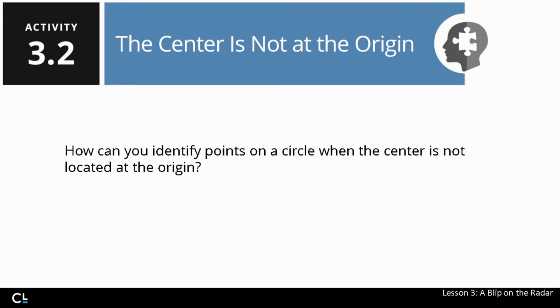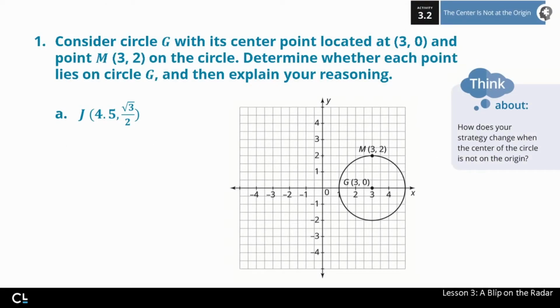So how can we do this when it's not at the origin is our next question. Well, like I said, we could use the equation of the circle to do that, and we just plug things in. But first, we need to find the equation of the circle. So we need to go back to yesterday, and think about how we write the equation